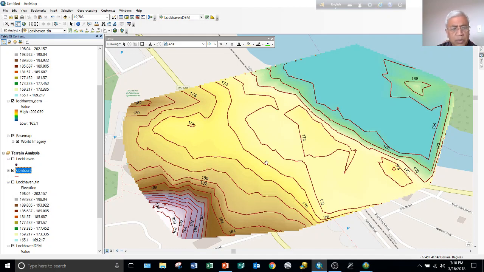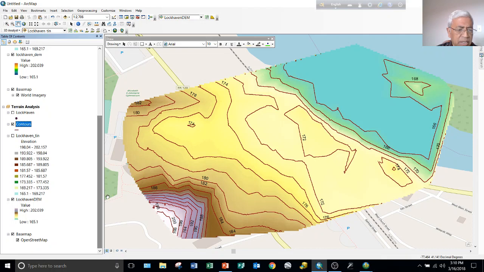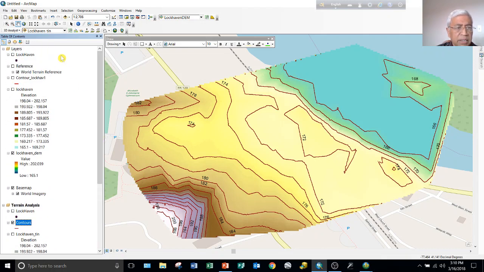So now we have prepared from the point data a contour map, a digital elevation model, and also a TIN. Next thing we can do is show you a couple of topographic profiles. For that you need the 3D Analyst toolbar. From the 3D Analyst, you need to click this interpolate line, and let's say if we want to go